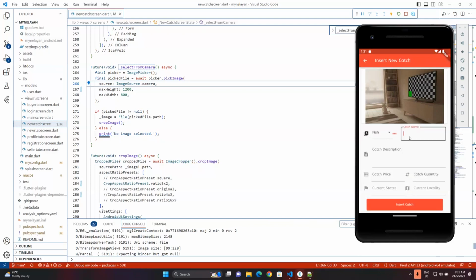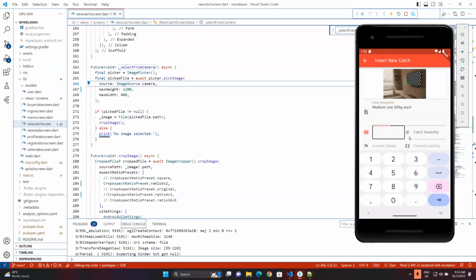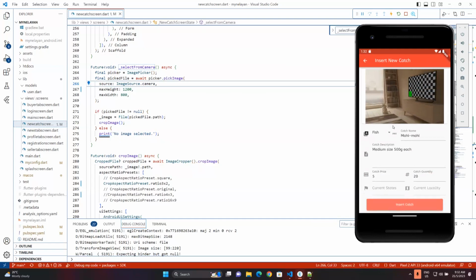At the bottom here, user can just enter their form information, such as the fish name, mahi, description, medium size, let's say 500 gram each. Catch price per kilogram, let's say like 5 ringgit per kilogram. Number of catch, let's say like 20 fishes. So this is the information that user can enter. And at the bottom down here,